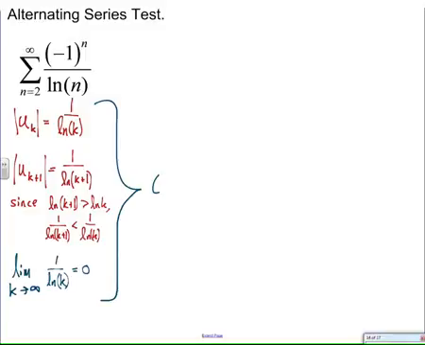Carrying on then, we've got the limit as k approaches infinity of 1 over natural log of k equals 0. That's something that we don't have to get all fancy with. We just know that the natural log of k increases without bound, therefore the reciprocal of the natural log of k will approach 0. It's one of those standard things. So the alternating series